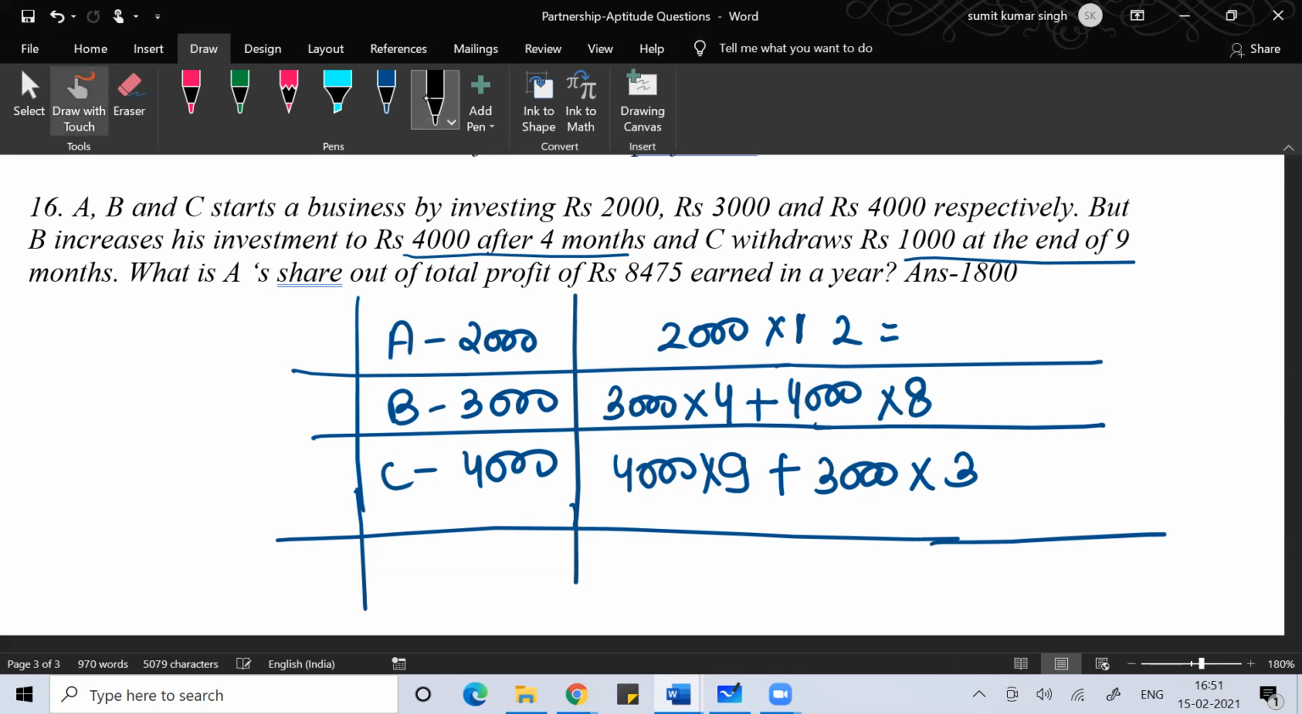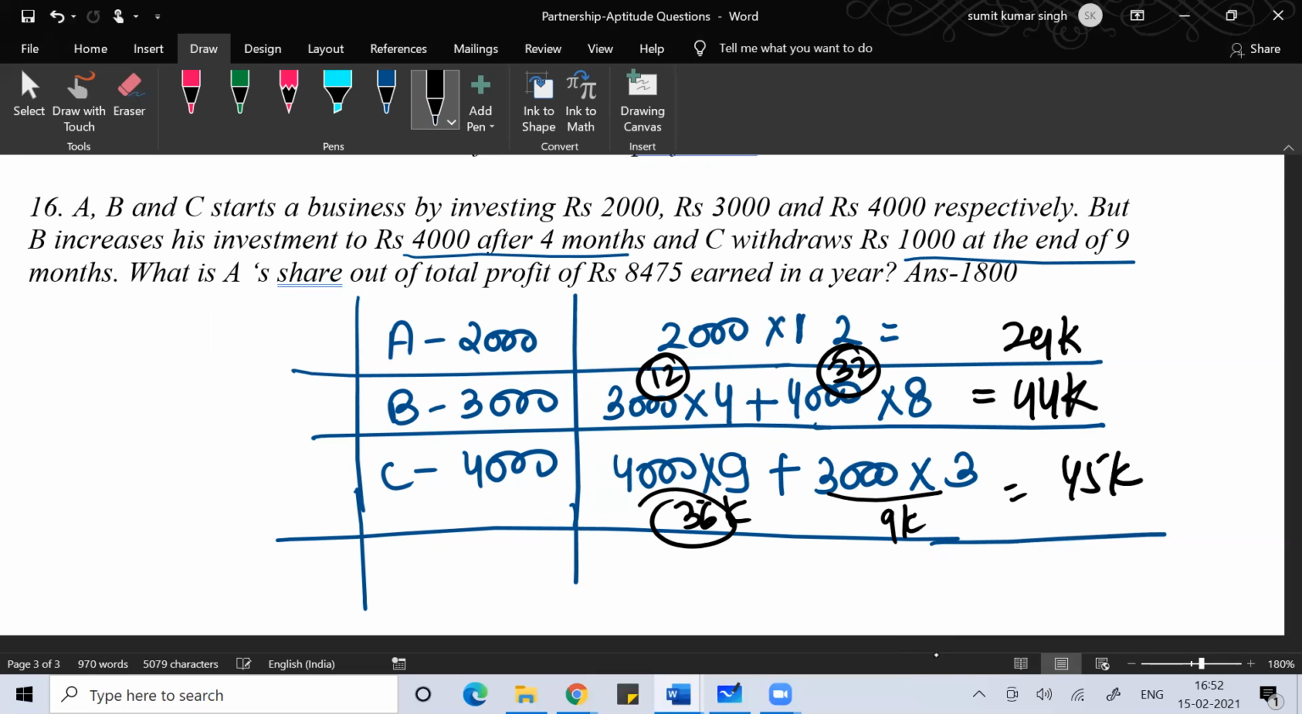So to solve this, this will be 24,000. This is 12, this is 32. This will be 44,000. This is 36,000, this is 9,000, this is 45,000. So you can see this. The ratio in which they will do the profit sharing is actually 24 is to 44 is to 45. Okay, so what is A's share out of total profit of